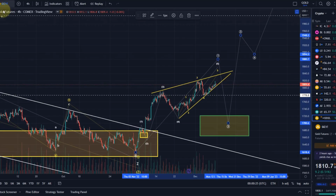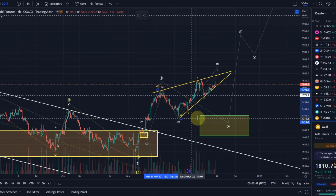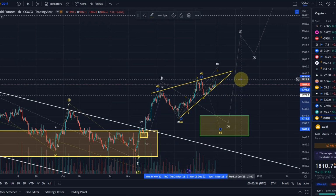The other scenario, which would be short-term quite similar, would just indicate that we've actually peaked here. You can count this wave up as a 5-wave move as well. The only difference is we have 5 waves complete then, and we have this as a wave A, this as an overshooting B wave, and then we come down in wave C next. That's possible as well. To be honest, in the short term, it doesn't really make a great difference. It will make a difference in how we come down,